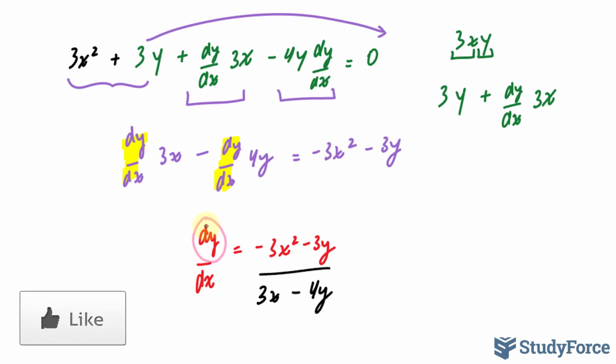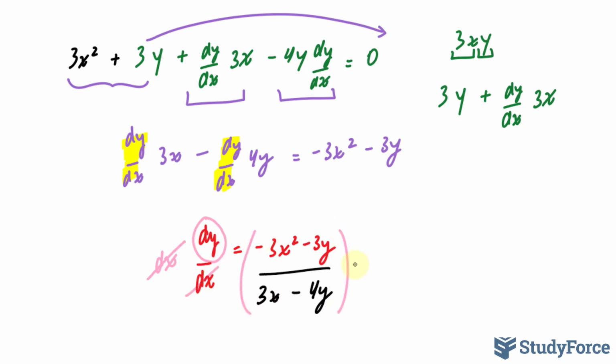To isolate for dy, you multiply both sides by dx. Let's go ahead and do that. That cancels out with this. And on the right side, we have the following expression, dx. Therefore, your final answer should be dy is equal to,